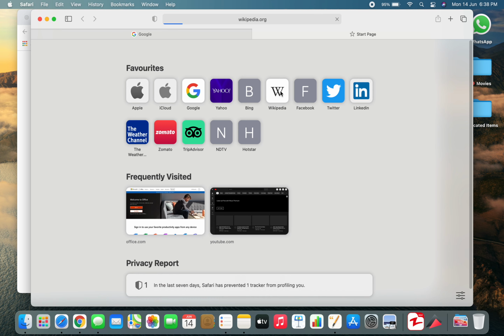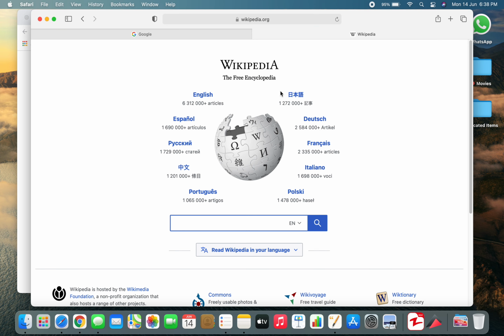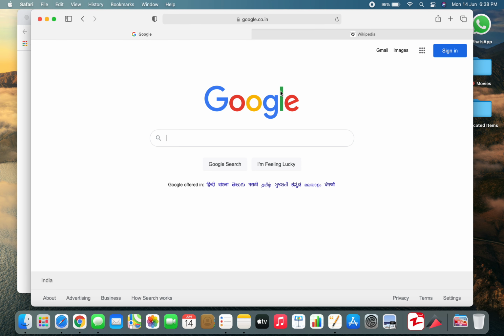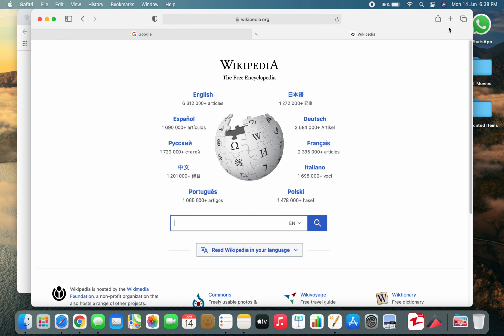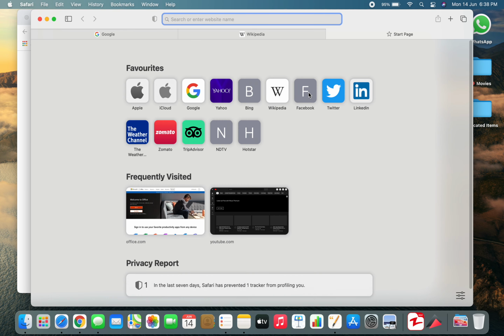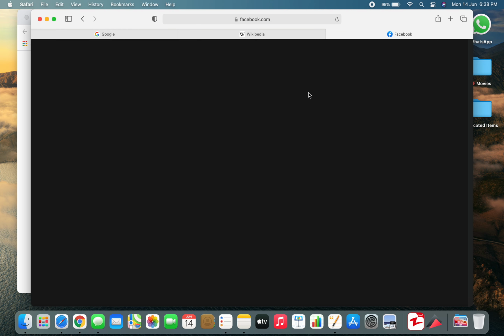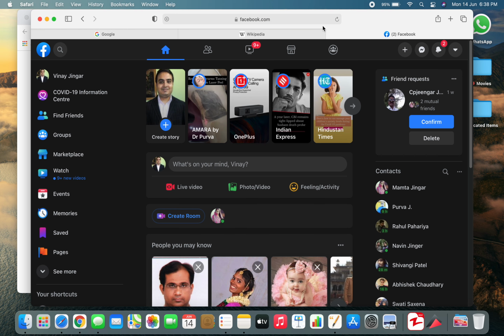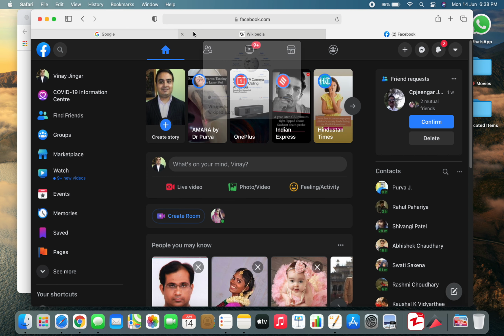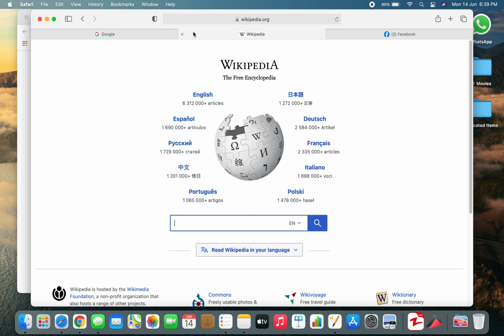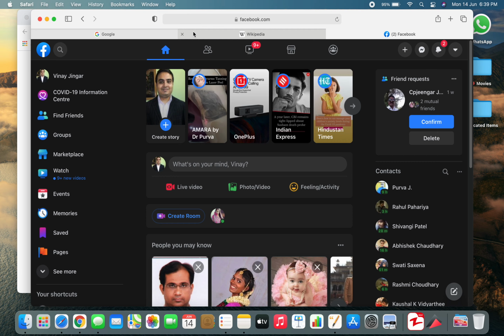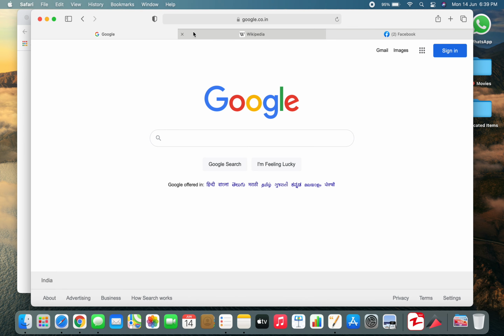Let's say I have opened Wikipedia too. Now while I press Control plus Tab, I'll be able to choose tabs, like I have selected this tab and another tab. So just add more tabs that you want, like I have opened Facebook. So there are many tabs open right now. And another method is, let me show you, this is my Facebook profile. So Control plus Tab, I can select whichever one. So these are important shortcuts for you guys if you are new to this environment.